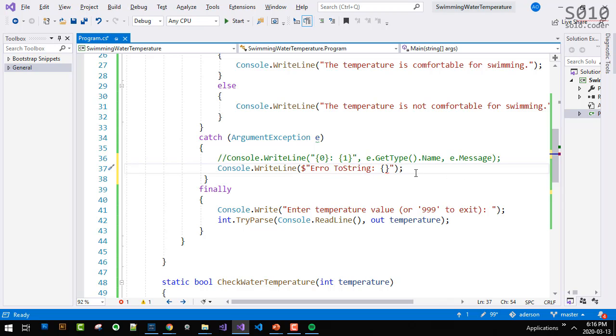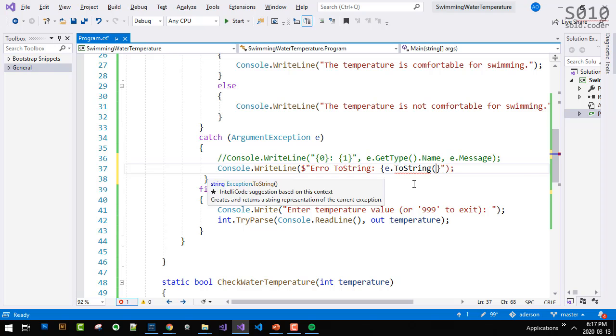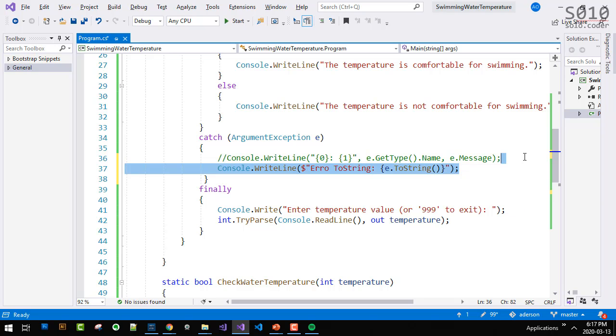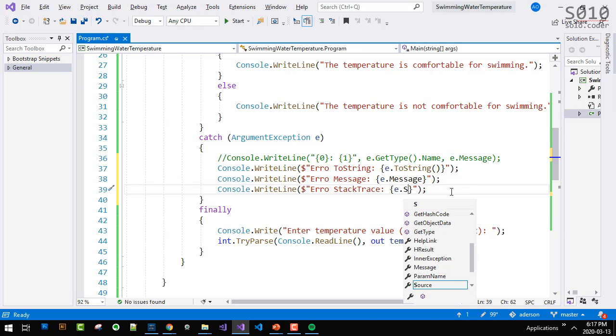String, I'm going to say e.ToString. Let's read each one. Let's do a message. And let's do a stack trace.